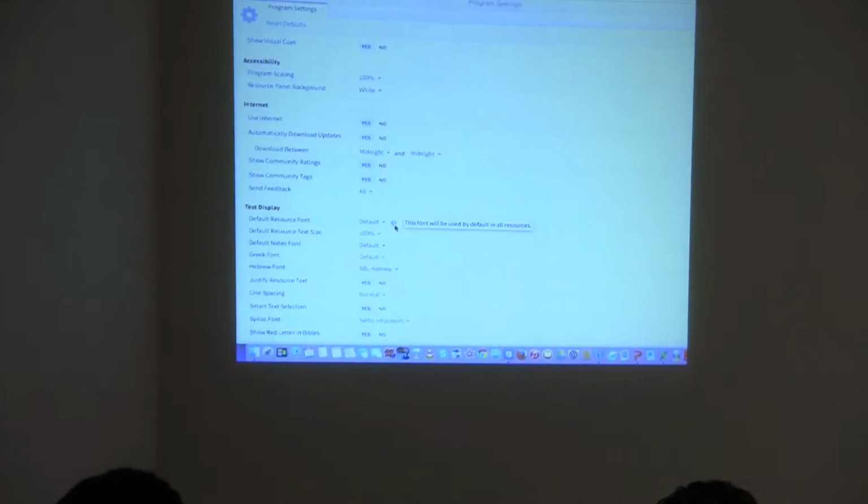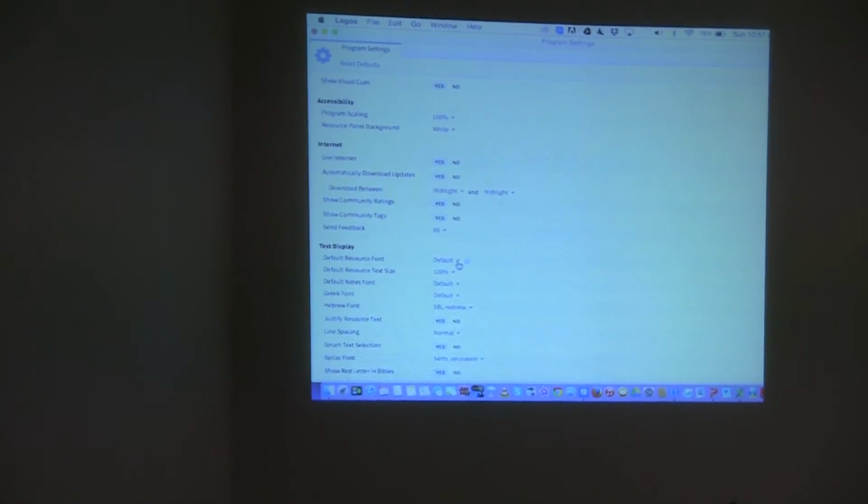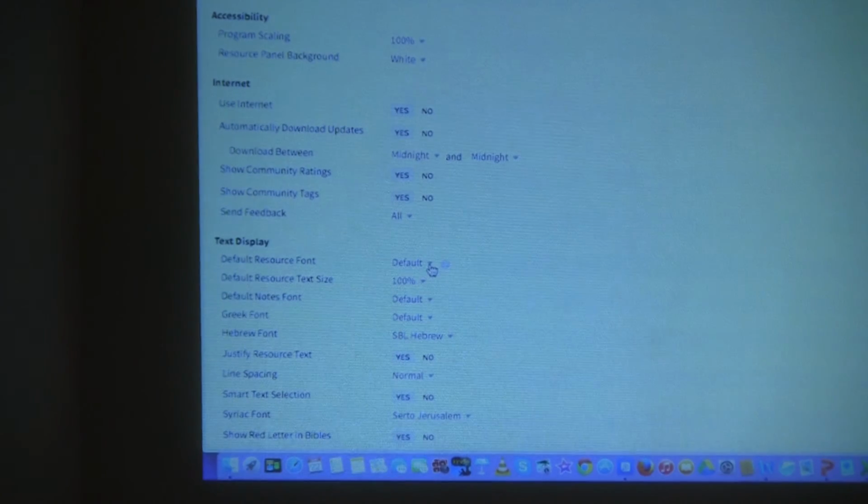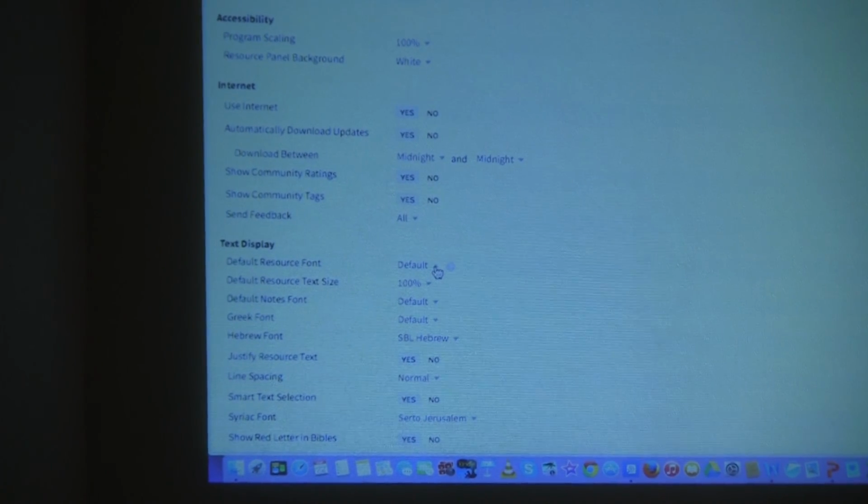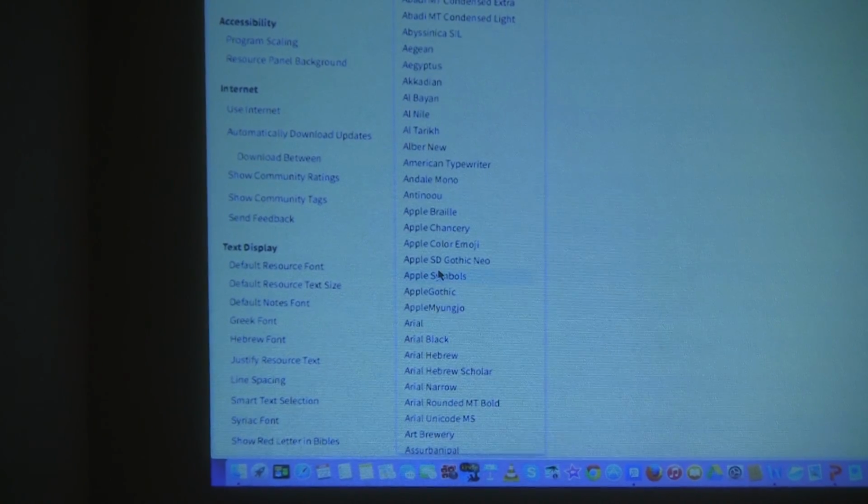Okay. So feedback. Okay. Now, we were talking about this with Amos. He asked a question earlier about fonts. So you can see where it's right here. It's at default. There's a